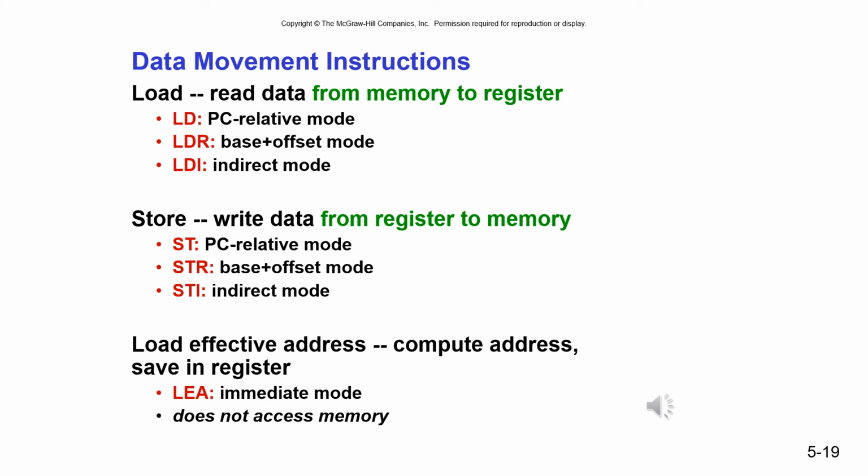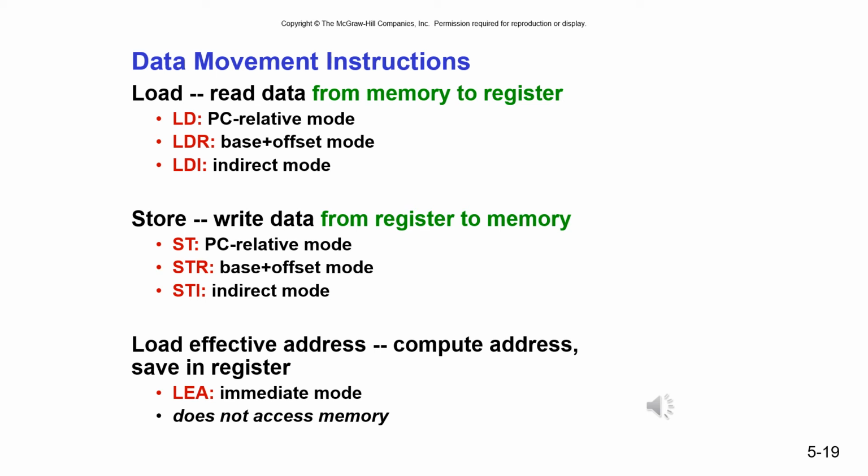ST, just like LD, is PC relative to calculate the target address where we're going to store the value. STR, just like LDR, has a full 16-bit binary value that represents a 4-digit hex address plus the offset. And then STI works just like LDI, but we're going to spend a significant amount of time explaining that rather complicated